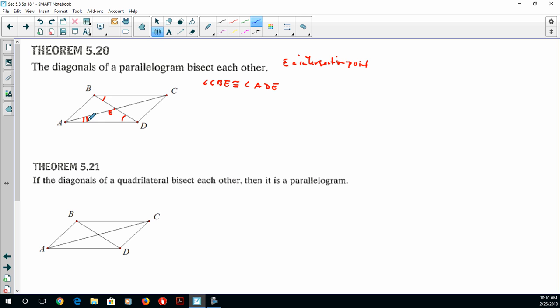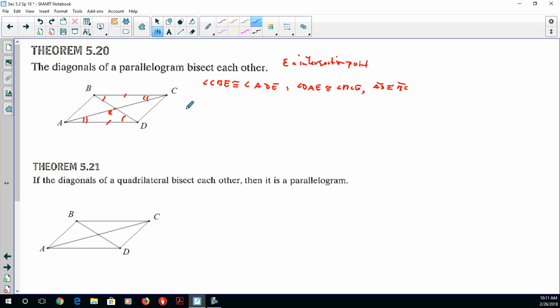Angle DAE is congruent to angle BCE. Okay. Since this is a parallelogram, I know that opposite sides are congruent as well. That AD is congruent to BC. So what I have here are two angles and an included side of one triangle